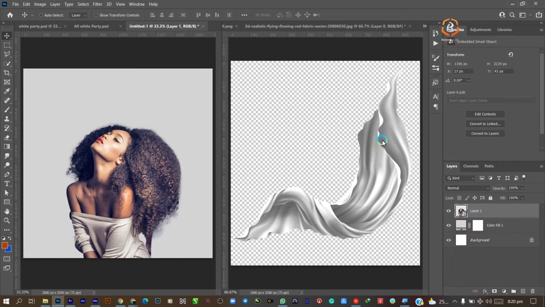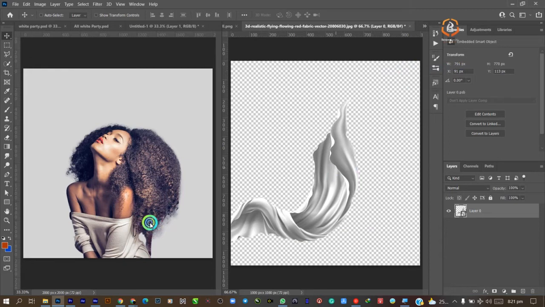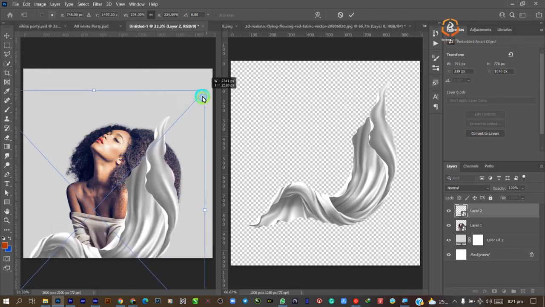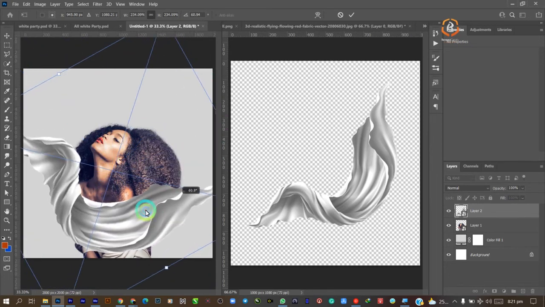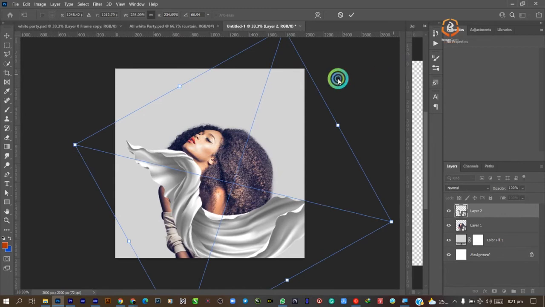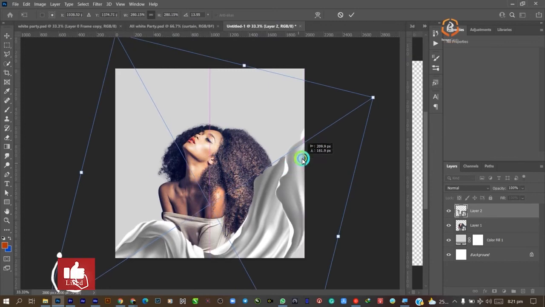So the next thing is to bring in this cloth. And before I move that cloth there, I would love to convert it to a smart object. Then I'll bring it into this particular document. Then I'm going to scale it up, then move my mouse a little bit away from that node and turn it. Let me scale this here so that you will see what I'm doing. So I'm going to turn it this way,